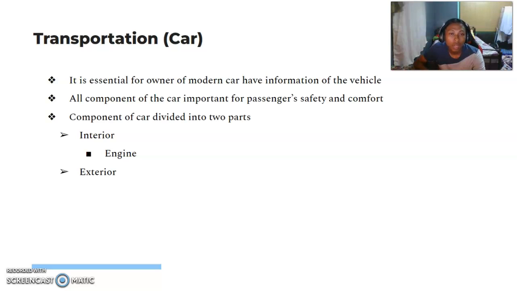The components of the car are actually divided into two parts, which is interior component and exterior component. In the interior component is the main core of the car, which is the engine.